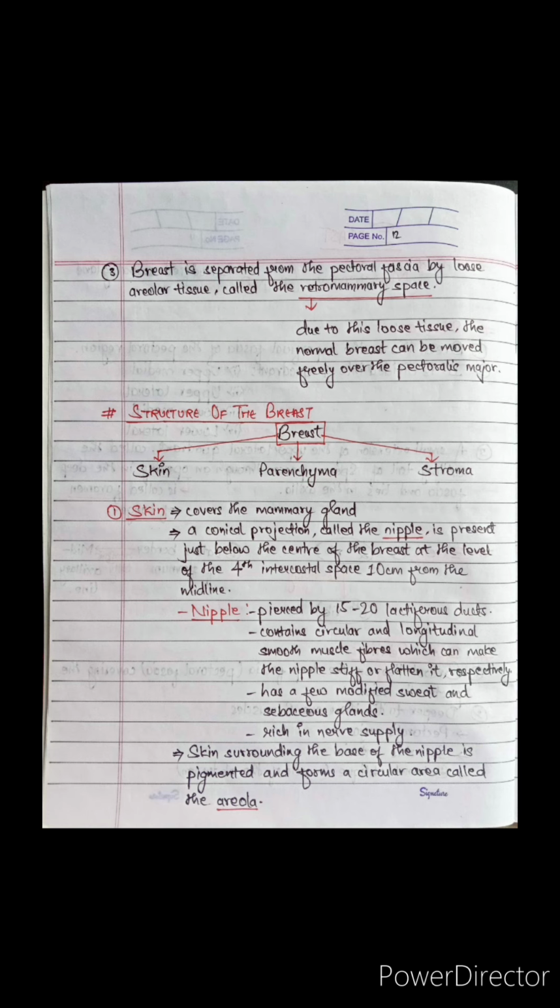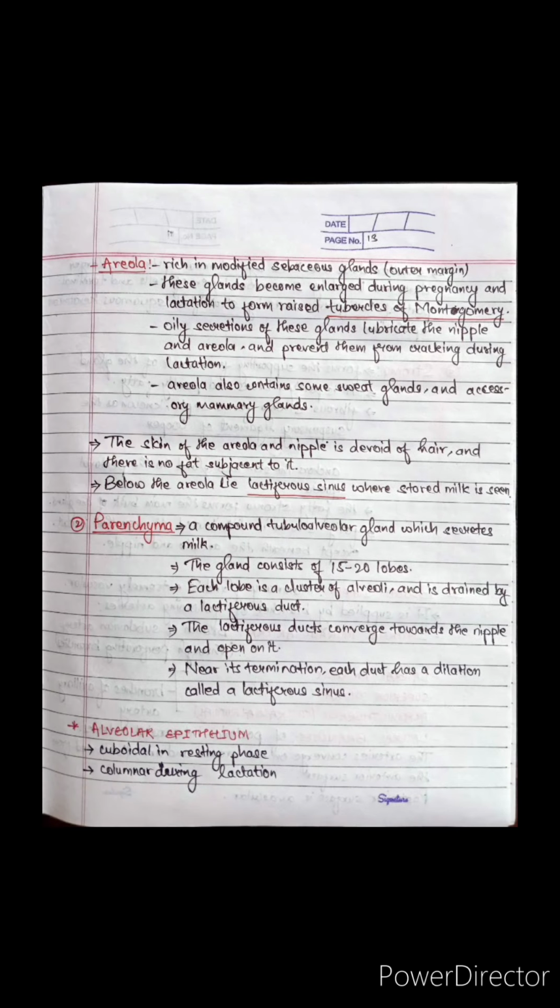Skin surrounding the base of the nipple is pigmented and forms a circular area called the areola. Now let's see about the areola. It is rich in modified sebaceous glands at its outer margin. These glands become enlarged during pregnancy and lactation to form raised tubercles of Montgomery. The oily secretions of these glands lubricate the nipple and areola and prevent them from cracking during lactation. Areola also contains some sweat glands and